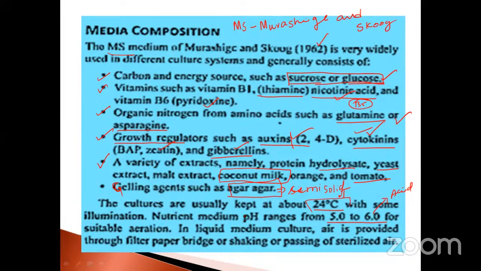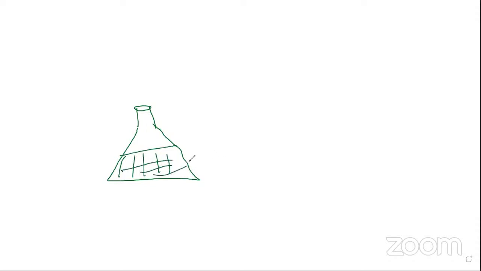How will you make agar? You have to prepare the sterilized flask. That thing is also very, very important. Take an example, see this one. So what about the flask? Just imagine this is considered a flask. Inside, there is an agar medium. All the nutrient substances are also there. Agar is a gelling agent.